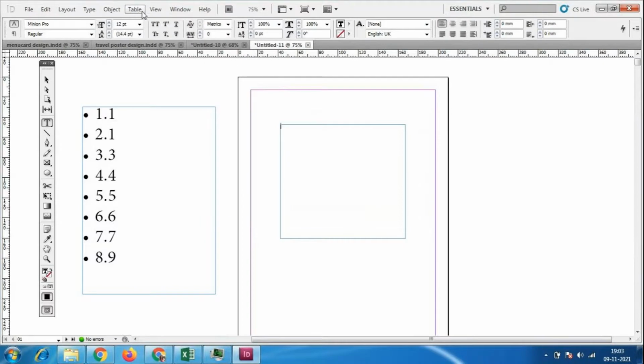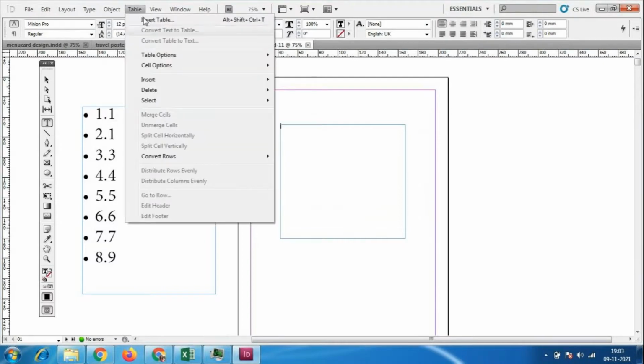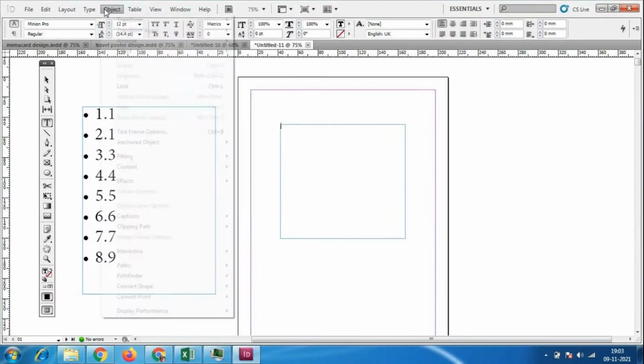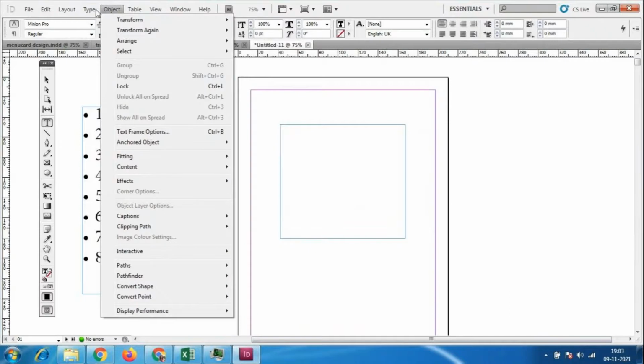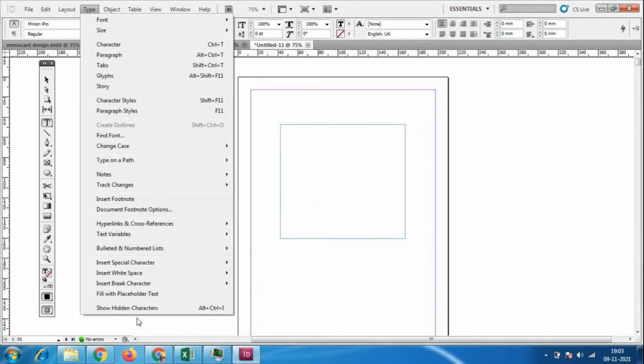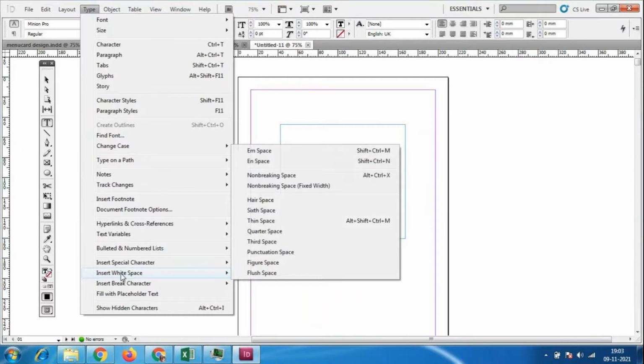So while we have to create the lecture book using this table, and the certificate designs, everywhere we have to use the tables. Okay, so I'll go to Type and Insert White Space. So this is very important. So where we are using this one, insert white space, which is not looking at all.